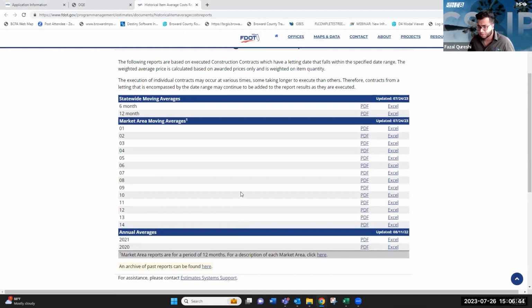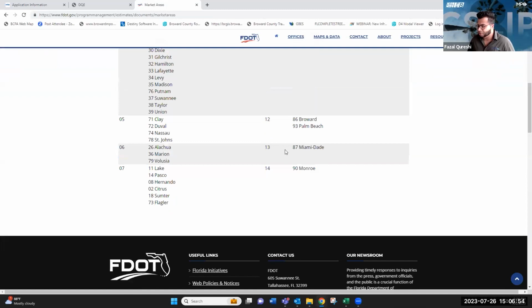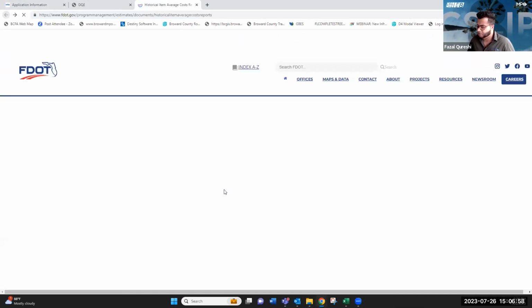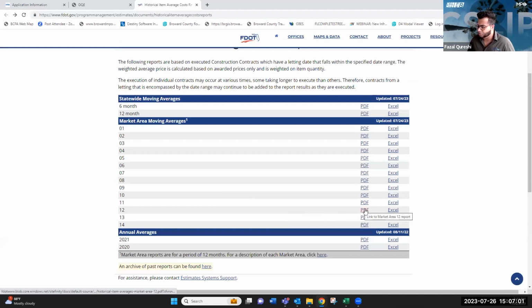If you're looking for a specific pay item, first you need to go to market area moving averages number 12. If you don't remember that, you can always click down here, and you'll see under 12 is Broward County. Just going back, if you click on that and you go to market area average number 12 and go to PDF,